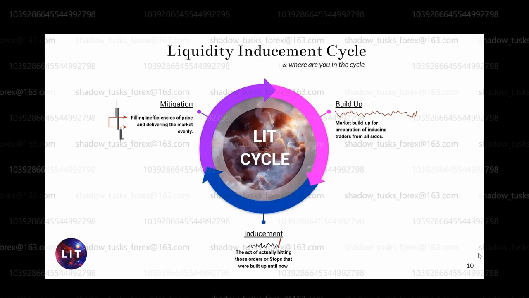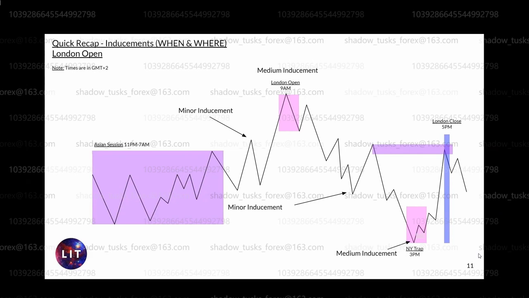Okay, and of course we dig into the normal daily cycle in here, like the perfect daily cycle. Of course, a minor inducement in here, London opened it, and you have best case in here a break of structure, right? Or like this with the break of structure, and then you're trading a mitigation away from that. Then you're having the break of structure in here, which also is a minor inducement, but of course in a bigger picture it is a break of structure in here. Then you can trade this.